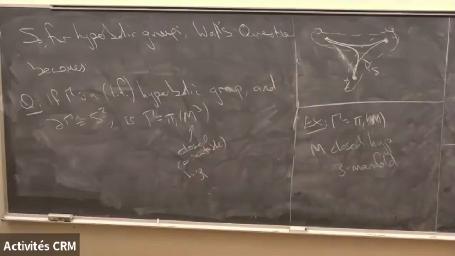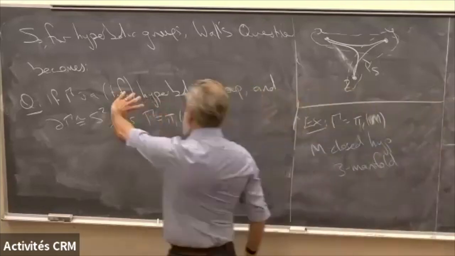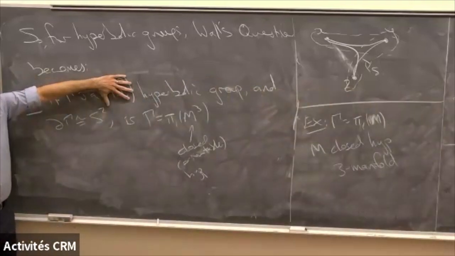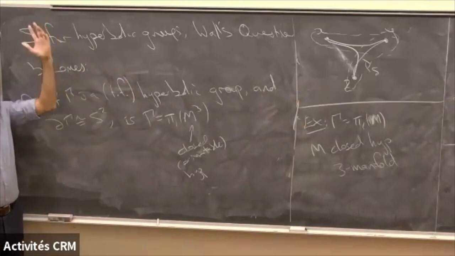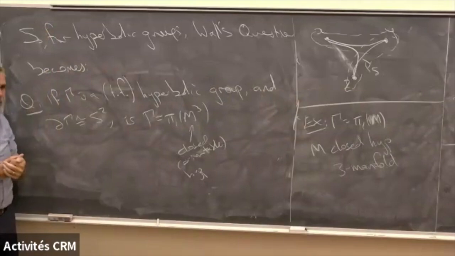I'm going to try and convince you that it's an interesting case of Wall's question. Okay, yes. So in order that it be a PD3 group, it has to be torsion free. And that's why I wrote torsion free there. For all we know, if I delete torsion free here, this is still an open question. And for all we know, it's true for torsion free groups, and if there's torsion, it's not true. That's all I mean by it may or may not be an issue.